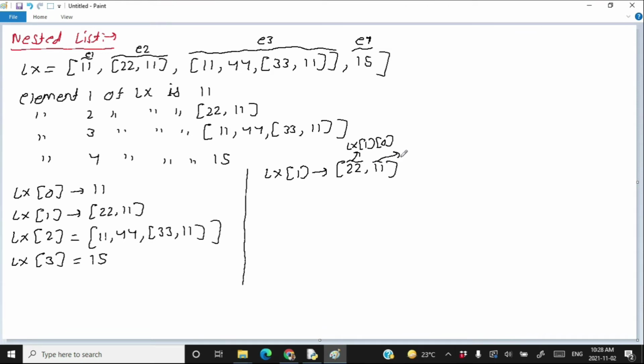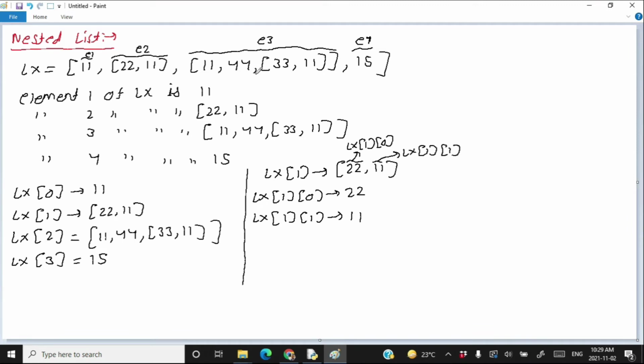The element 11 is at the first index of LX1. So LX1 0 is 22. LX1 1 is 11. Okay, getting it?